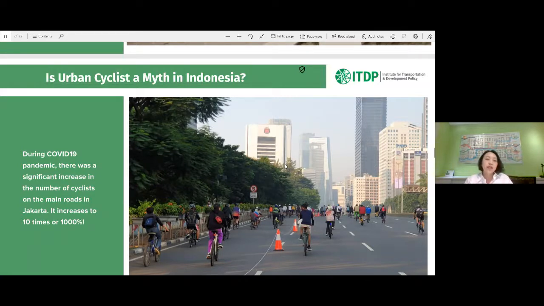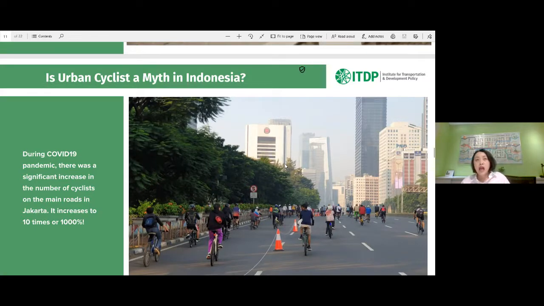So during the COVID-19 pandemic, there was a significant increase in the number of cyclists on the main roads in Jakarta, and even in several cities in Indonesia, where all the bike workshops were filled with people who wanted to repair their bikes and even buy second-hand bikes, and even the stores were filled with people who wanted to buy bikes because of this pandemic.